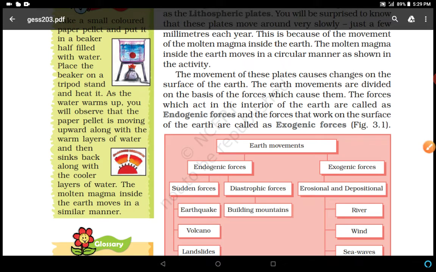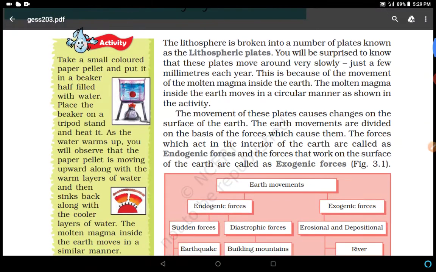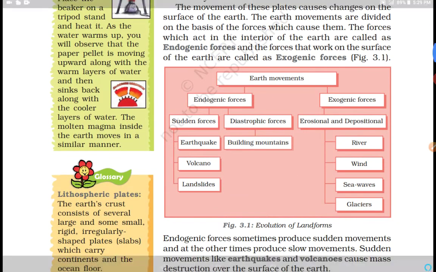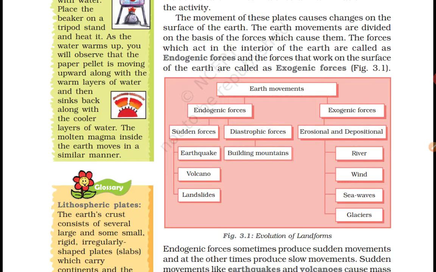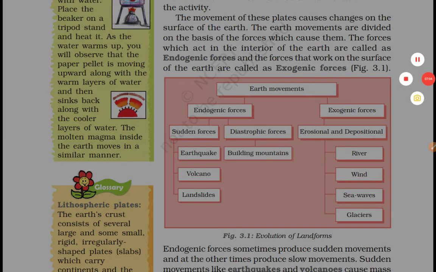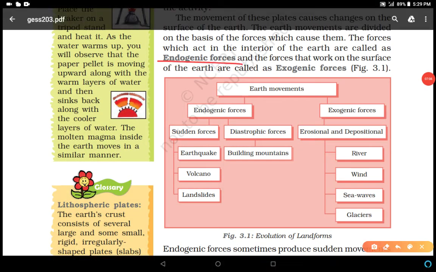And they move, they form different kinds of boundaries, mainly 3 kinds: convergent, divergent and transform boundary. After that we studied 2 kinds of forces: endogenic force and exogenic force.